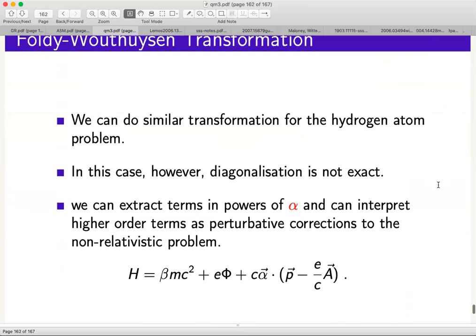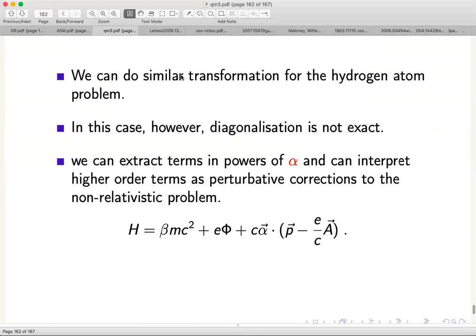So as I said, we could do similar things for the hydrogen atom problem. Only thing is that when you do this, you cannot do an exact diagonalization. So what we'll do is extract terms order by order in the fine structure constant alpha, and interpret the higher order terms as perturbative corrections to the non-relativistic problem. That is what we want to do. Actually, I shouldn't have said alpha. It is a power expansion in alpha, but it's an expansion really in terms of v by c,